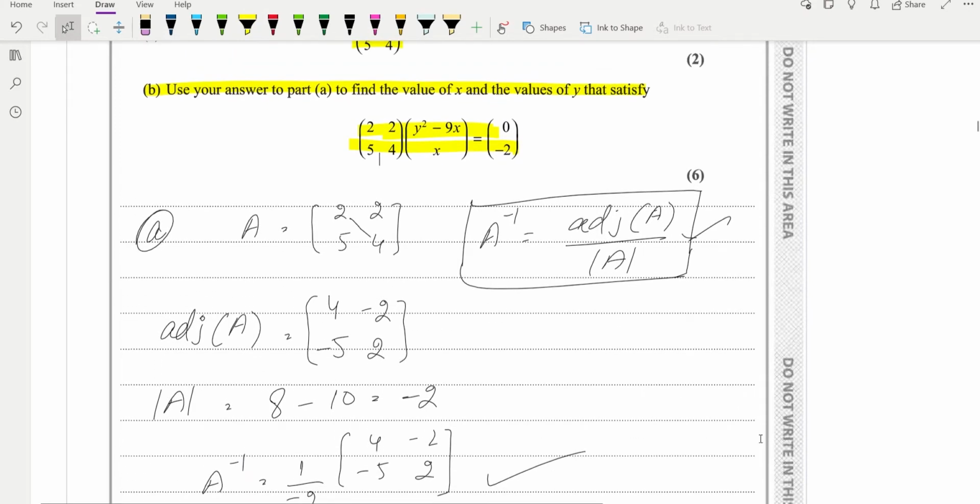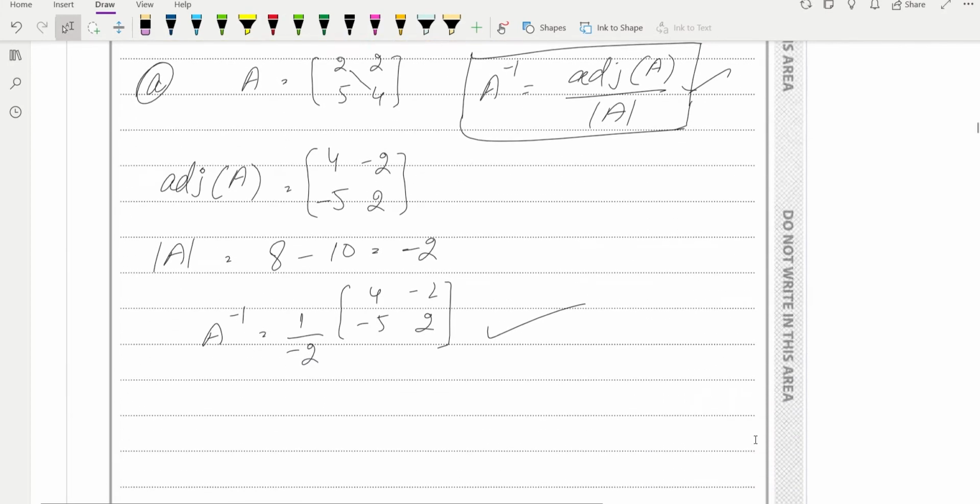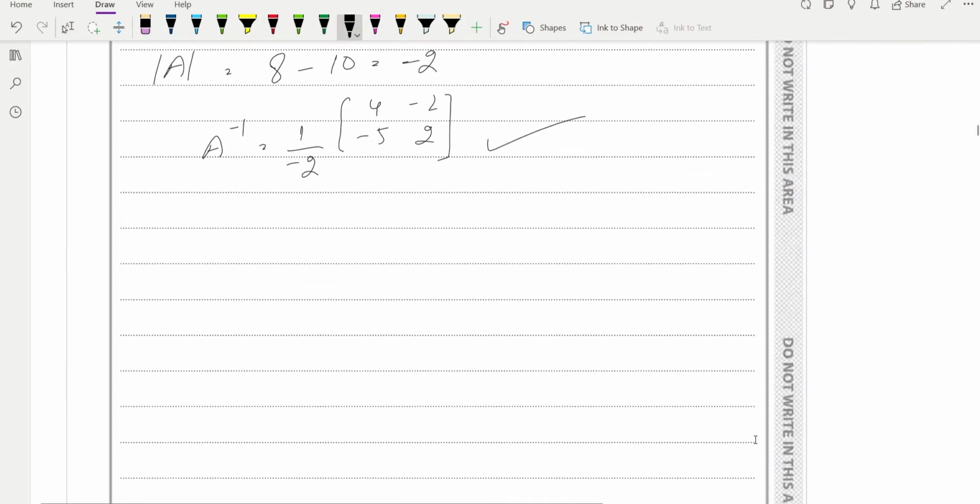So if we shift this, basically this one, this is our A. If we shift to this side, this side over here, so it will be A inverse. So our equation will become what? So now the B part we can solve it as, we'll write down y square minus 9x, and this will be